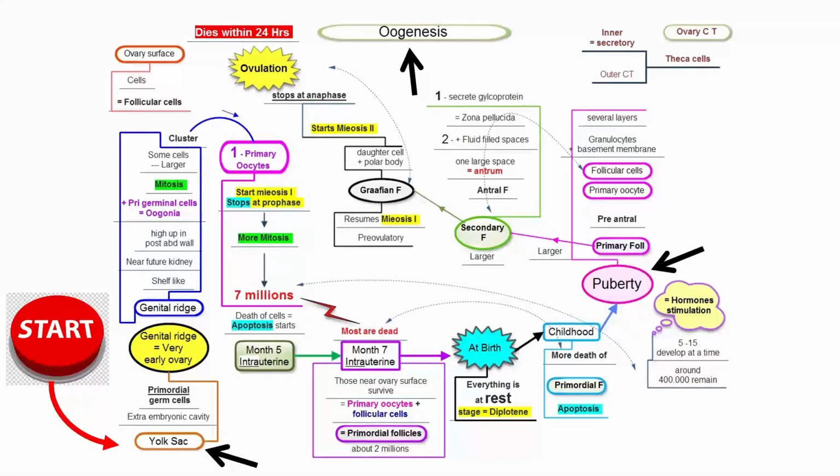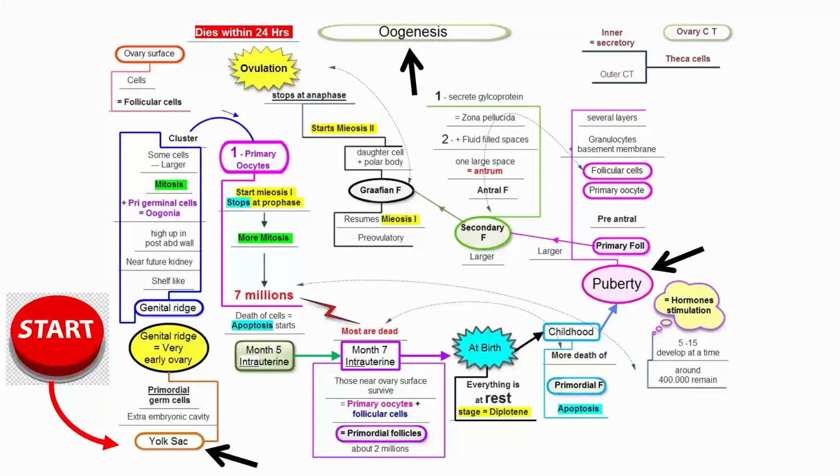And when these follicles are stimulated, 5 to 15 of the primary follicles are developed at a time. And at this stage, at puberty, there are around 400,000